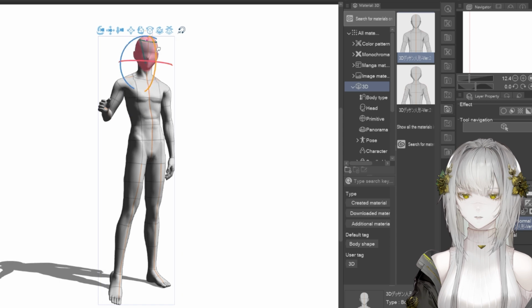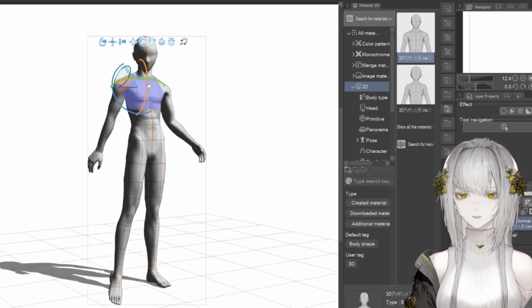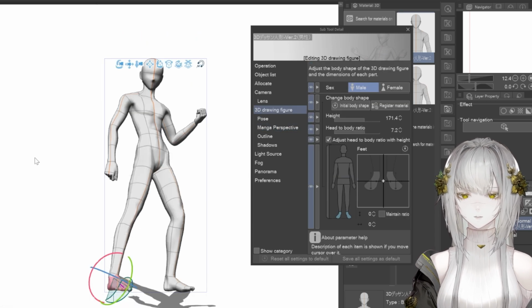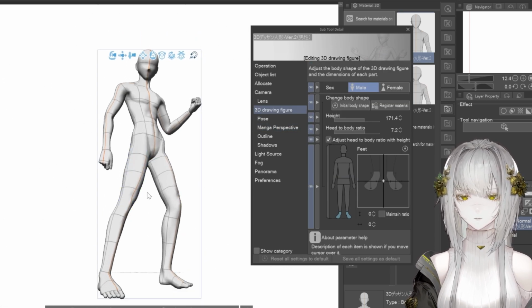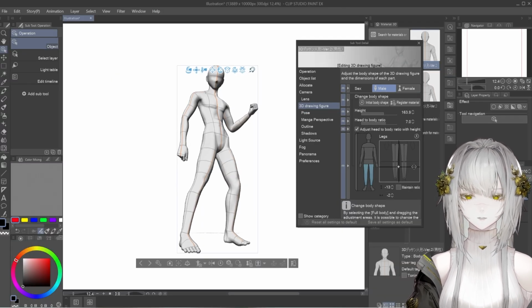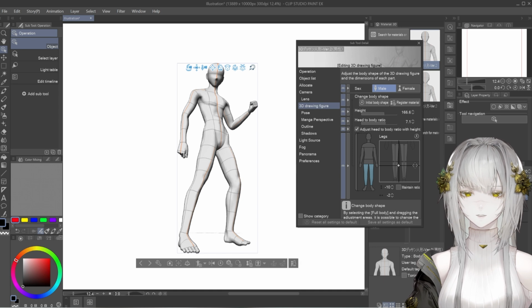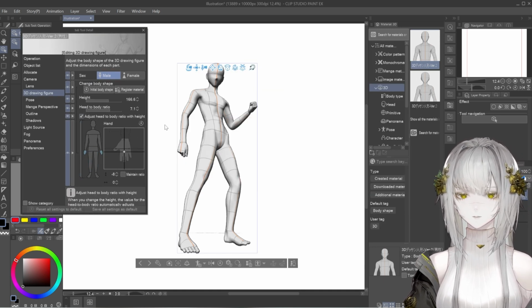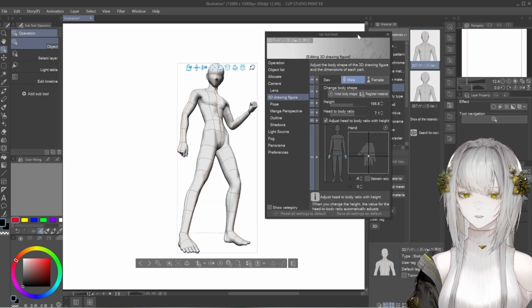I should also mention that if you use CSP on mobile devices, which yes, it is available for, they have updated the camera to be much more easily used with finger gestures. I believe many of these changes were influenced by suggestions of the community, so basically I'm really happy to see that not only does CSP focus on adding new features, but they are ready to adjust and improve old ones